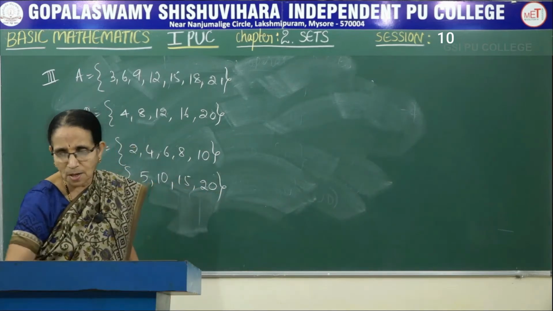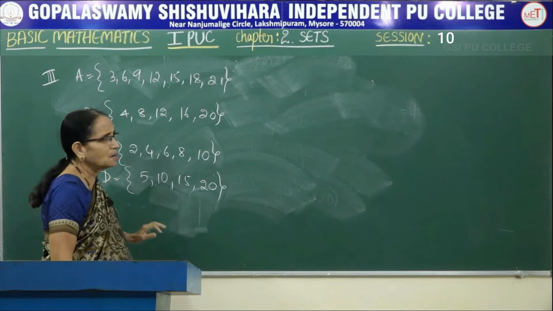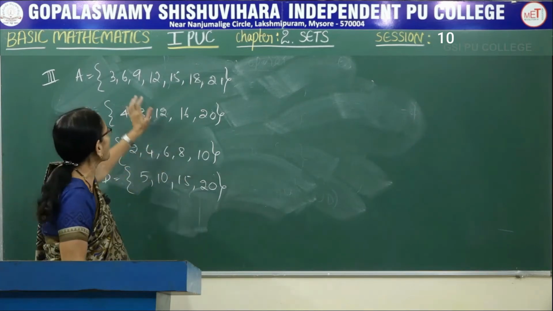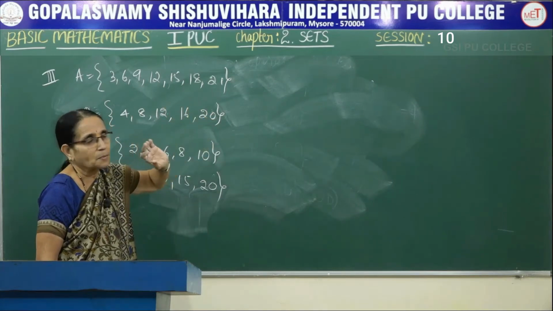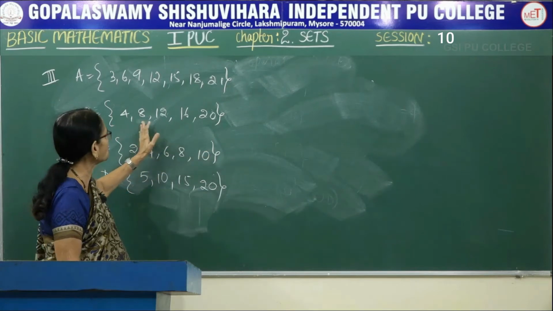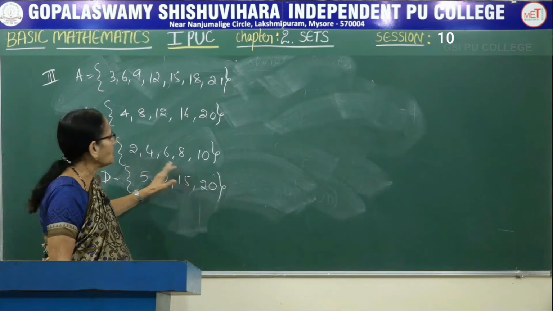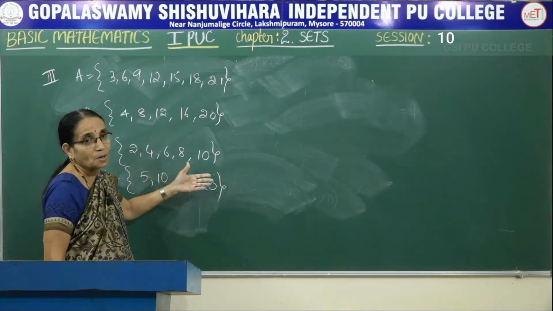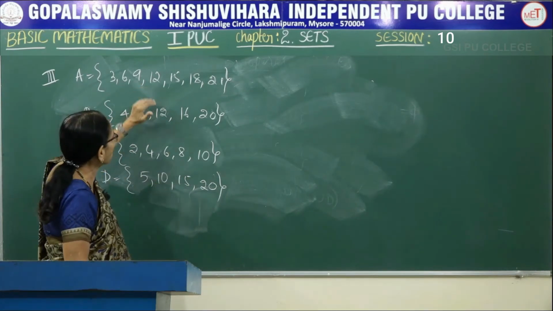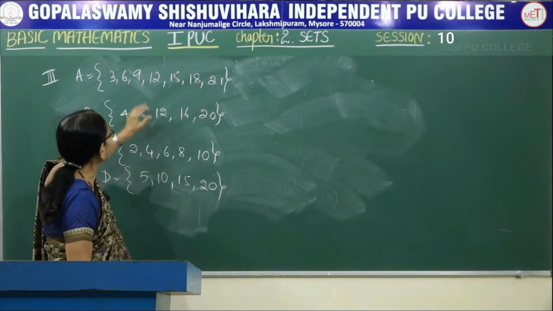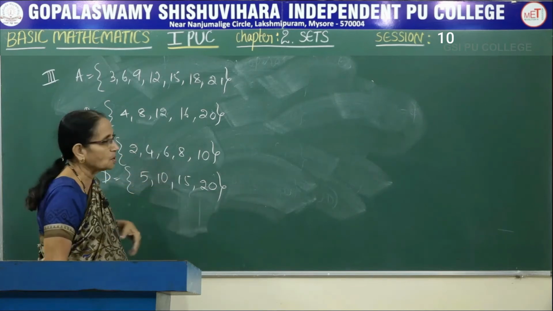Now look at the elements here. The elements of sets A, B, C, D, there are a particular type of numbers we are considering. 3, 6, 9, 12, etc. All of them are multiples of 3. These are multiples of 4: 4 ones are 4, 4 twos are 8, 4 threes are 12, 4 fours are 16, 4 fives are 20. And these are multiples of 2 also, I can say. And these are the even numbers lying between 2 and 10. And this is, you can see, multiple of 5. Multiple of 3, 4, 2 and 5, I can say. So there are 7 elements and 5 elements, 5 elements, and here 4 elements.